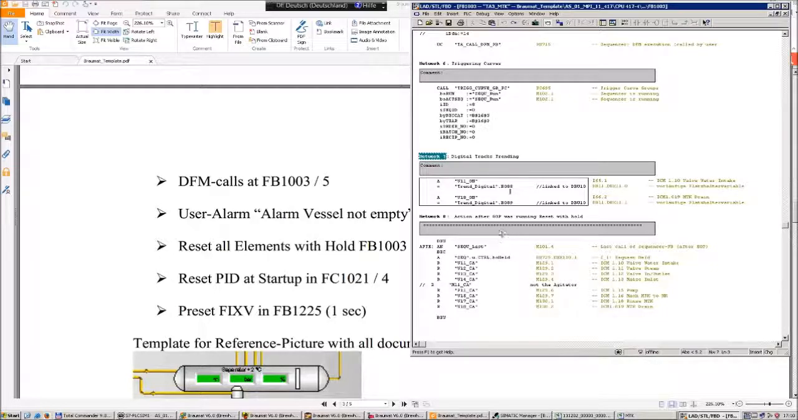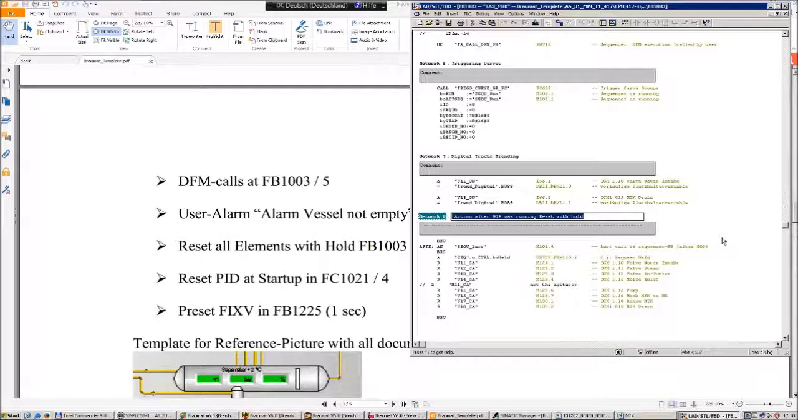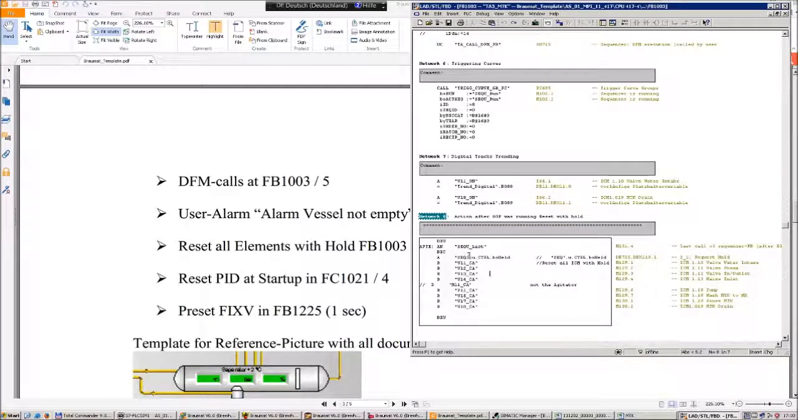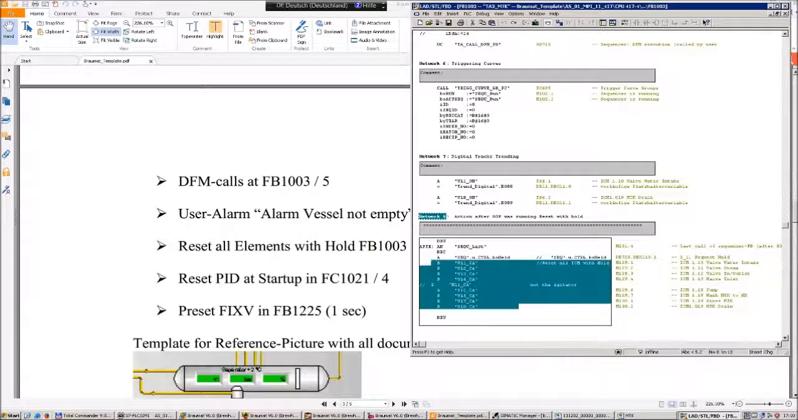Action after EOP was running. That means this FB for the unit will be processed 2 times. One time before the step is running, before the EOP is running, and the second time after the EOP is running. That means in here, when there is a hold signal, that means when the operator is pressing a button to stop the process because something is not okay,